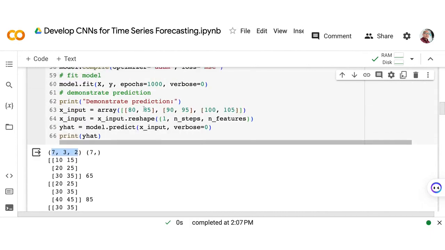But during the prediction, kaya naging 1 dito kasi isa lang yung sample natin dito. And the number of steps is 3, 1, 2, 3, and each step has 2 values. For the number of features, we only have 2, because we have 1 and 2 for the input sequence 1, and the second one is the input sequence 2. So that's the shape now of our model.